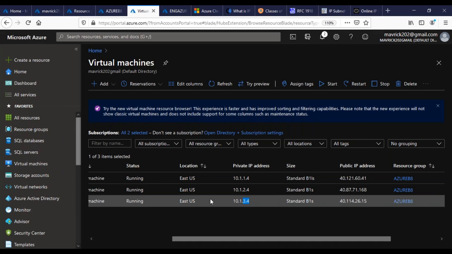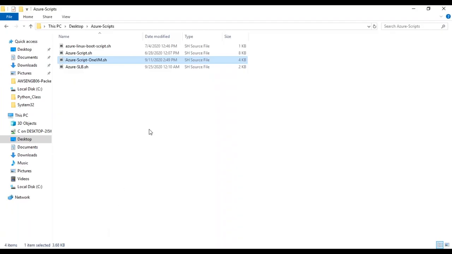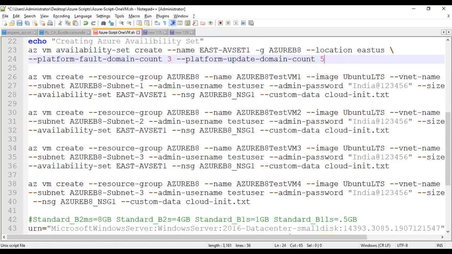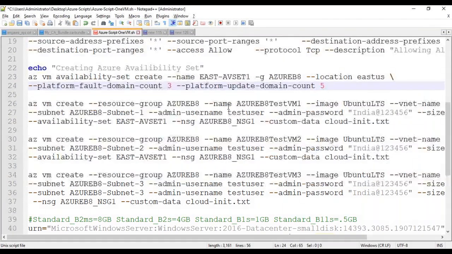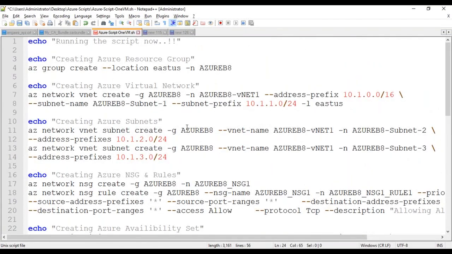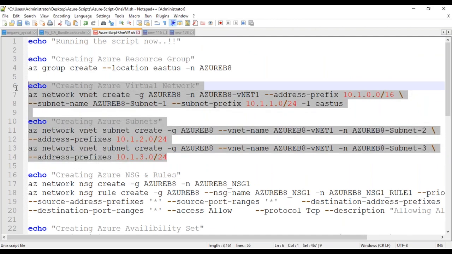Now if I want to delete everything, I can delete the other. I'll do one thing: since I still have 10 more minutes, let me show you how you can manipulate this script and create one more. In the same one, let me go up. See, what I want is, I'm going to copy this script, by the way.